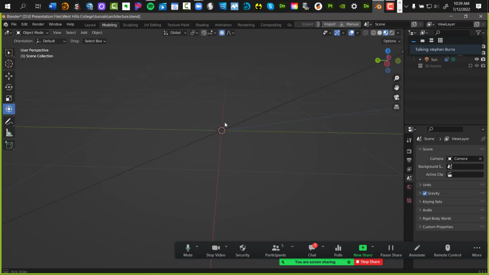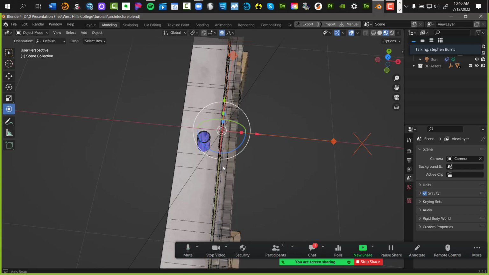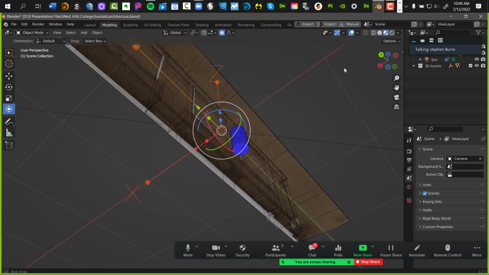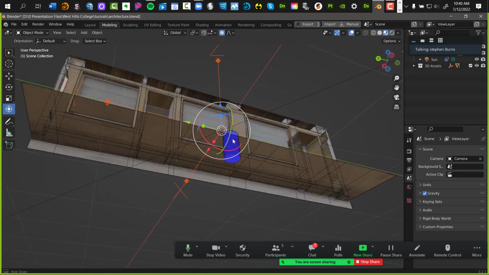Now, we know in perspective mode, we can rotate around, okay? We can see it in its full 3D space. Now, what I want to do next is I want to view this in orthographic view. That means only see it from the front, only see it from the side, only see it from the top. So if I temporarily turn on my 3D assets here, okay, and I'm in perspective mode now, that means I can rotate it anywhere in perspective to view my content.